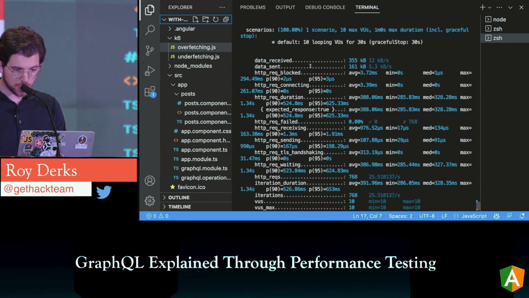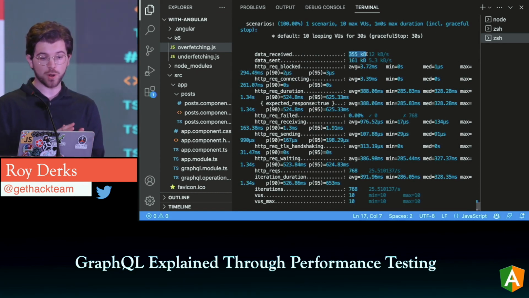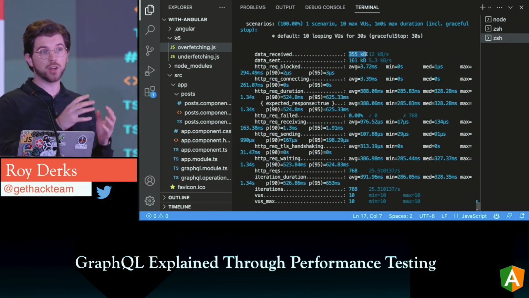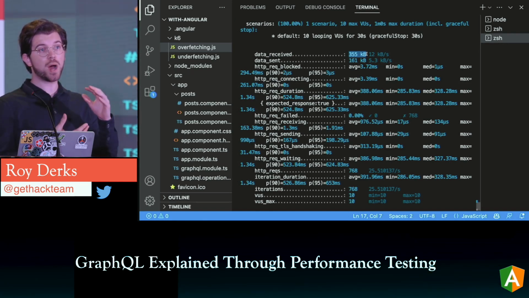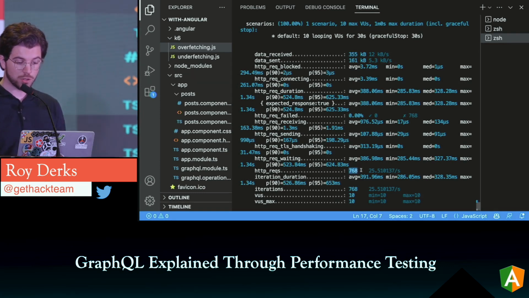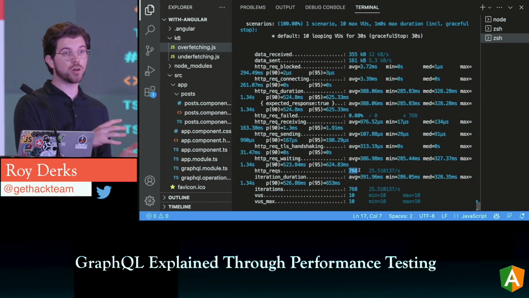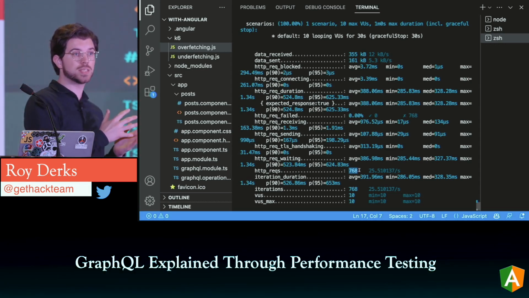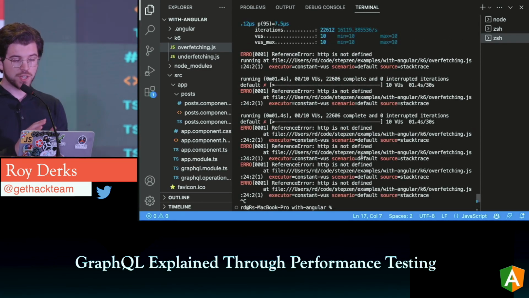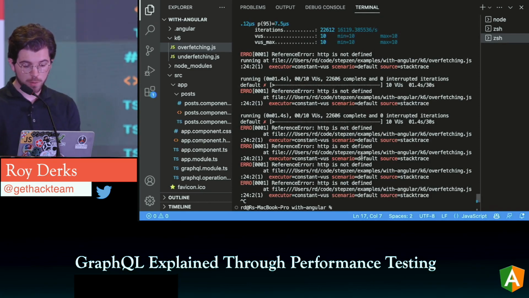If we go to these results right now, you can see the data is only 355 kilobytes. Which is a huge difference, right? Because we saw 25 megabytes whenever we were mimicking the REST API. And now we're using GraphQL, and actually its power of just selecting the fields you need. You can also see we almost, well, not really doubled, but we got 770 requests done in the same time. Because we are sending less data, we're also receiving less data, meaning that we're able to do things better. So this is something we call overfetching, getting too much data while you only need a small amount of fields.